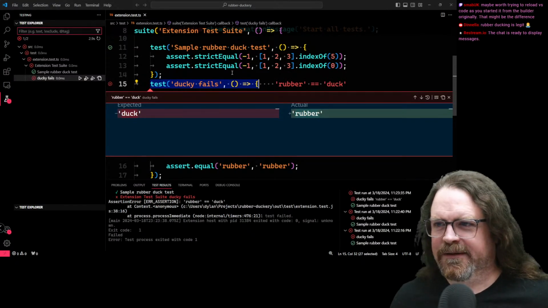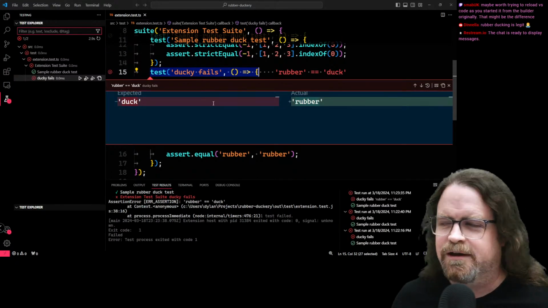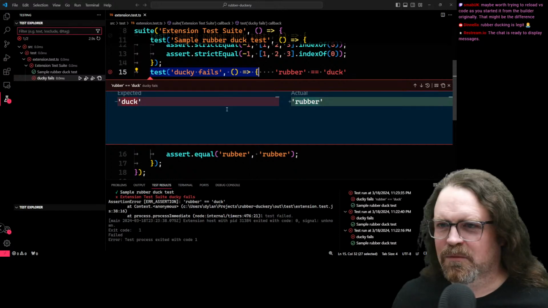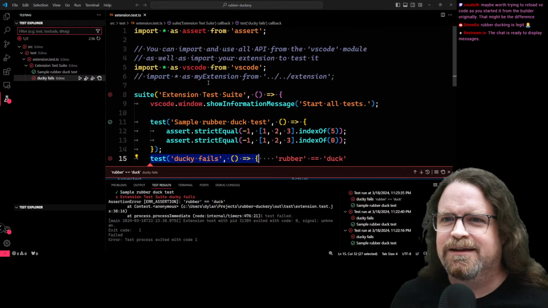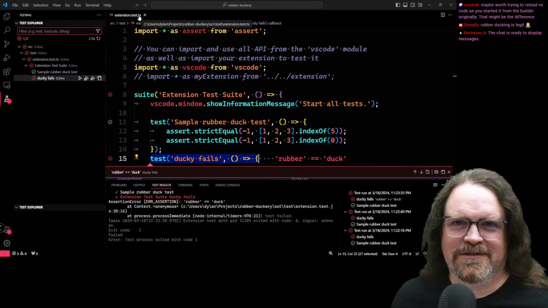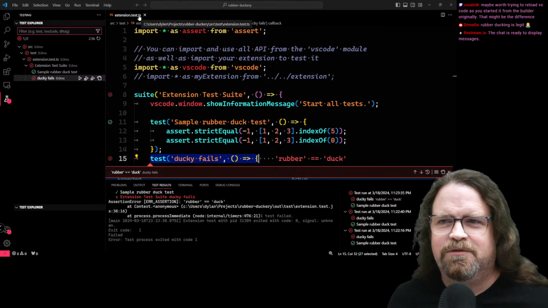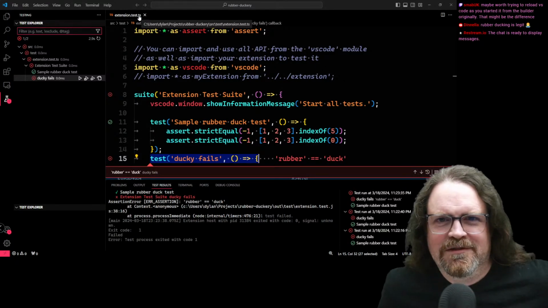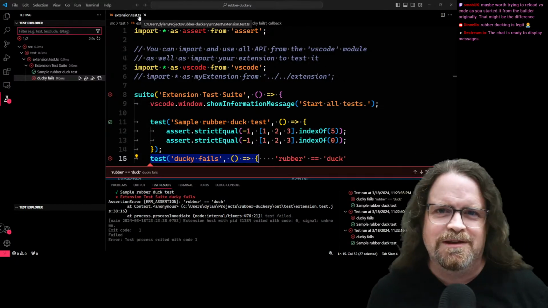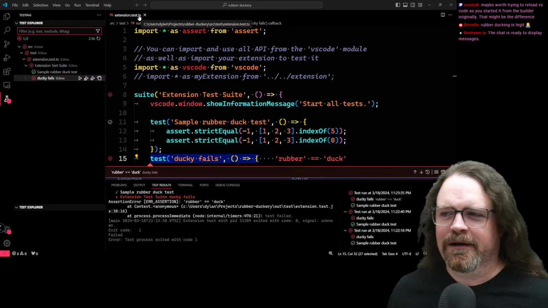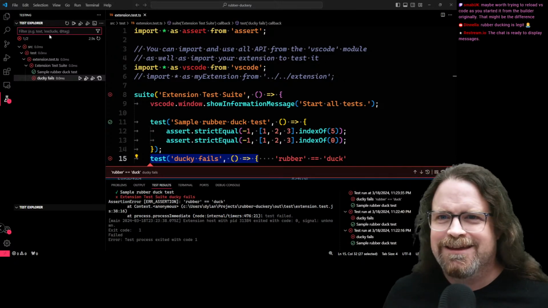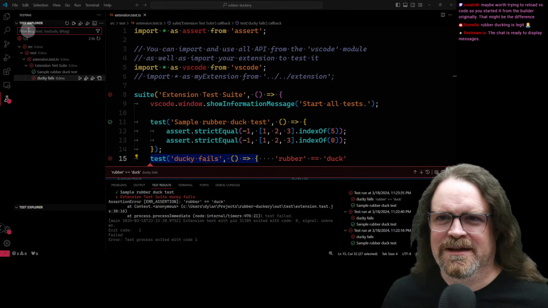And it's still failing. Now, I think I know what's going on. I think what is happening is, this is TypeScript. This is a .ts file. And TypeScript doesn't do it. With TypeScript, you have to turn it into JavaScript before you can do anything with it. And so I think that what I've got going on here is that this Test Explorer that's running inside Visual Studio